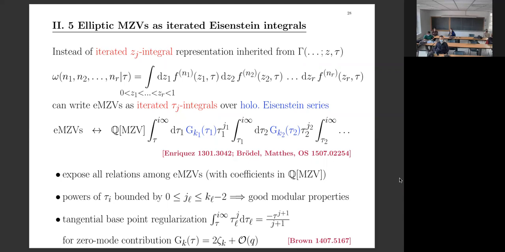Good. Again, disclaimer that there may be some divergent integrals in here. For instance, if you remember that the holomorphic Eisenstein series has a zero mode given by a power of pi, well, then you need to worry about an endpoint integral at the cusp, i infinity. And again, there is a well-studied regularization scheme, here known as tangential base point regularization. So thanks to the work of Francis Brown on that, we don't need to worry. So roughly speaking, the net effect of tangential base point regularization is that you discard the contribution from i infinity